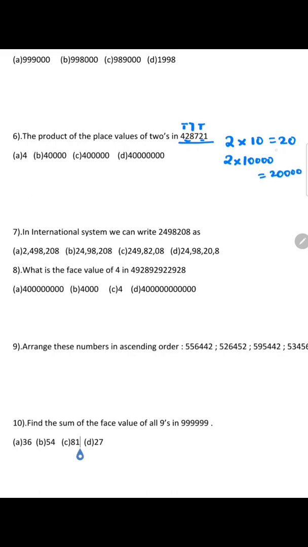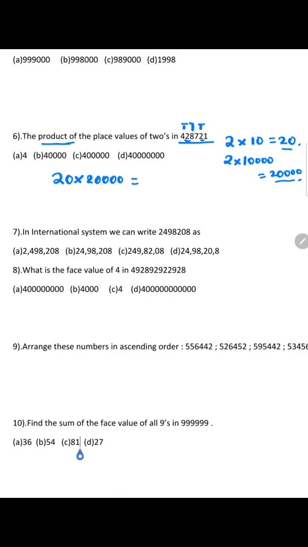So the place value of the first 2 in this number is 20 and the place value of the second 2 in this number is 20,000. What they are asking is, they are asking us to multiply. Product means, I already told you, it is multiplication. They are asking us to multiply these two numbers. So let us multiply. 20 into